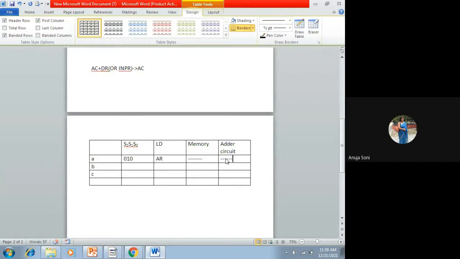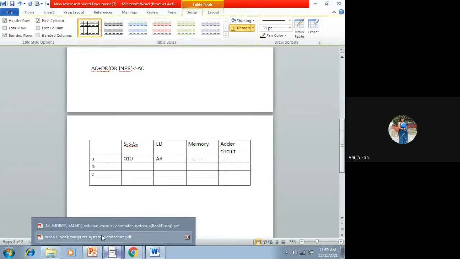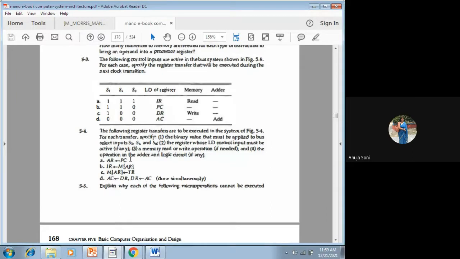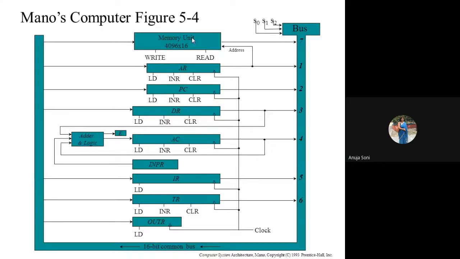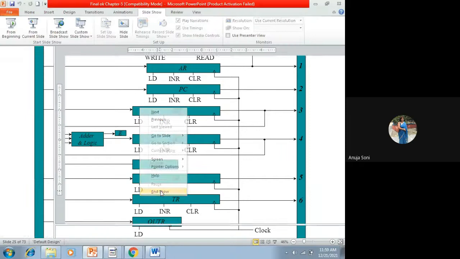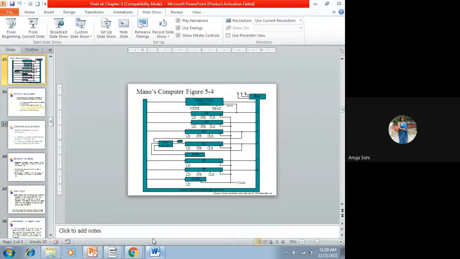And regarding your second question, second part is M of AR to IR. Data has to be read from M of AR and it has to be transferred to IR. Which number is written in the diagram against memory? It was 7. You can see that. So 7 binary value is 111, and its read signal should be enabled because data has to be read from memory. And afterwards, it will be transferred to IR register.